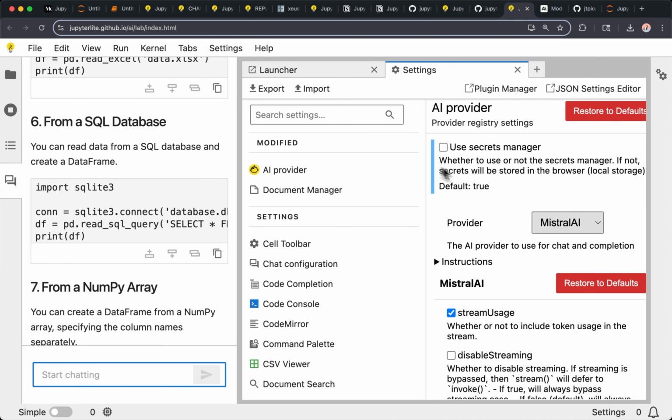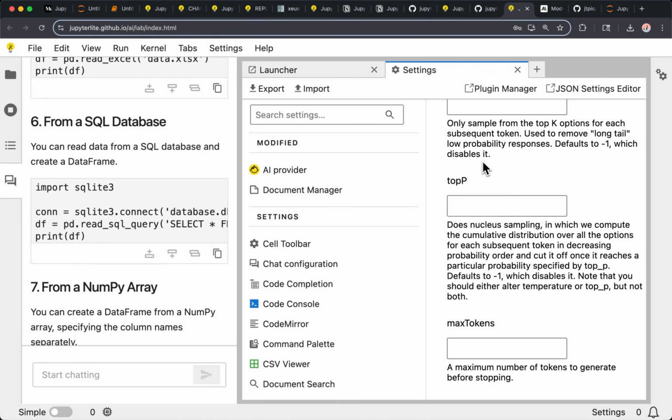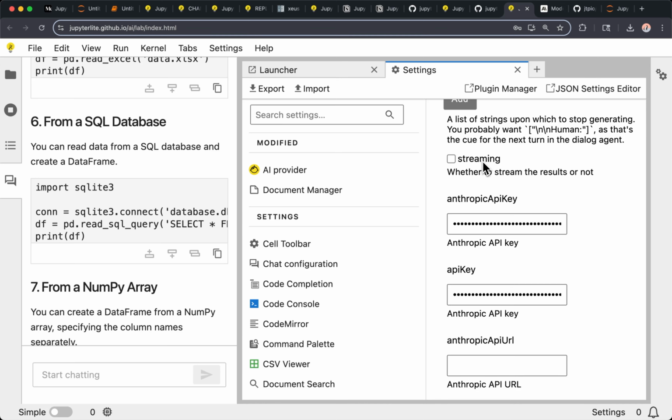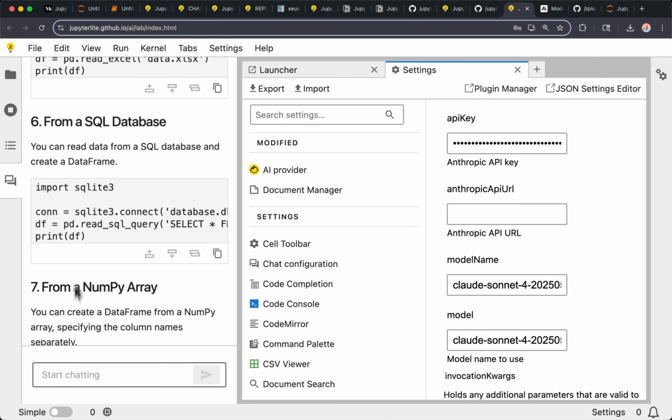For now, we support, let's see, yeah, we can see Anthropic. I just tried this morning with the new Claude 4, which I think was released yesterday. And I think it works without having to update, which was quite nice.